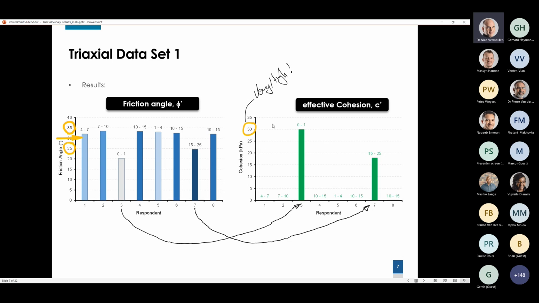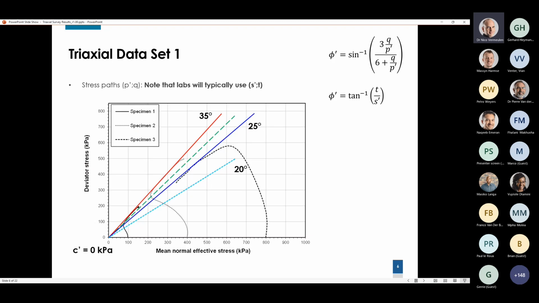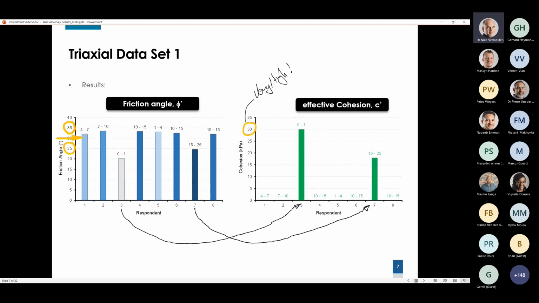And I think that illustrates the first point I would like to make in looking at these results, and that is taking care in assigning cohesion to samples if you are not sure that there's a good reason for that cohesion to actually exist. And in this case, for this sample, personally, I would have selected a 0 cohesion in all cases. Something else to note, the little numbers that Andre plotted above the bars represent the experience of the